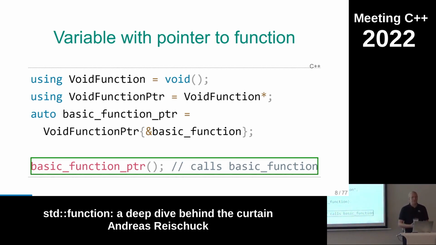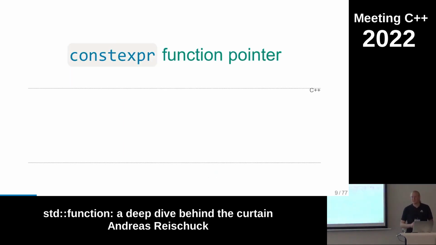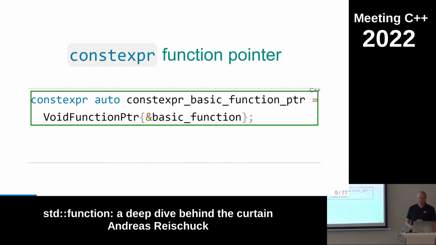The function pointer of a function is always constexpr. It doesn't matter if the function itself is constexpr, which means the function is executable at compile time. But the pointer to the function is always constexpr. We can always write this. The interesting twist about it is,